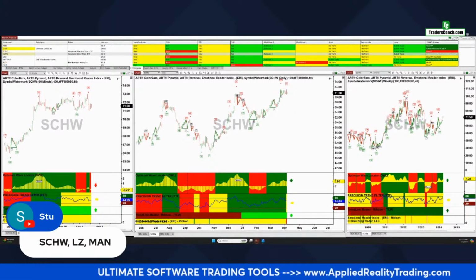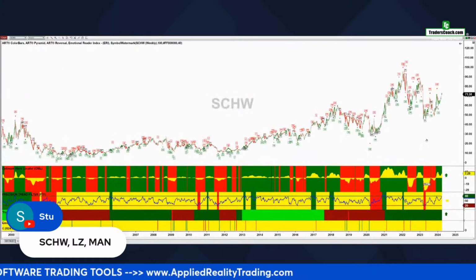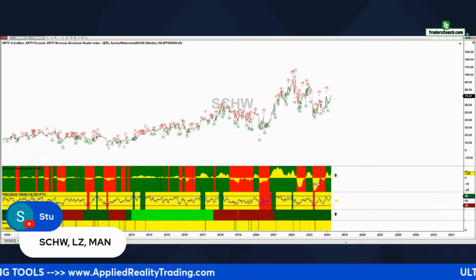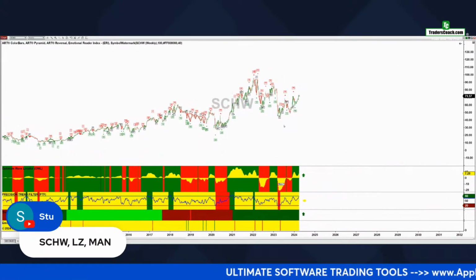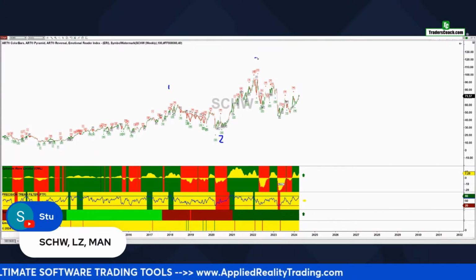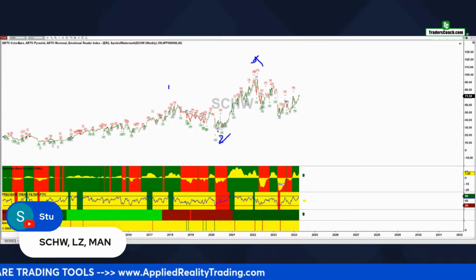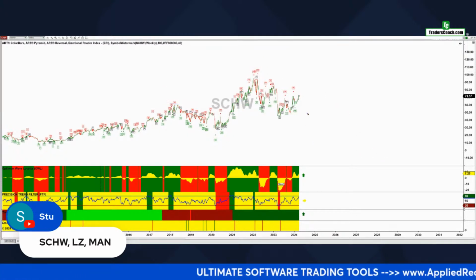Let's take a look at the weekly chart and see if that helps us determine what the long-term situation is on this. All right, so we had a fairly large pullback here. This is kind of interesting. We had a 1, 2. This is not a 3. This is not the configuration. Why? Because this is pulled back below the top of wave 1. So that negates the count.